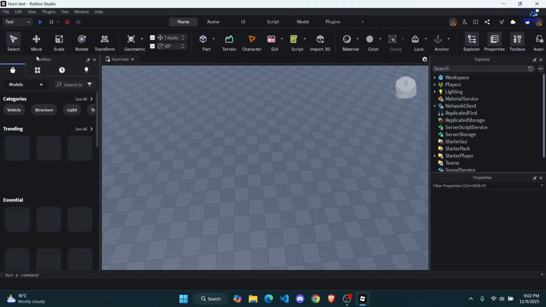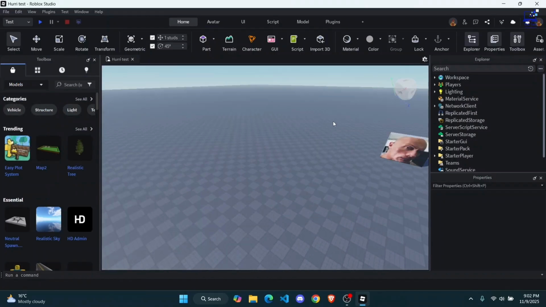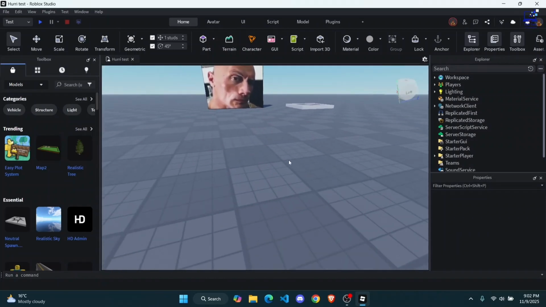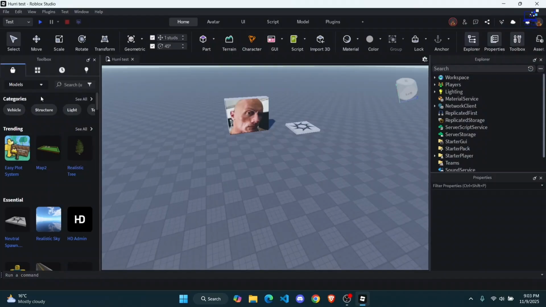You need to make sure that your toolbox is open on the left hand side of your screen. And from the drop down, make sure the models is selected. Then once you have selected this, as you can see, I have a normal base plate over here. So what I'm going to do is just go ahead and add an HD Admin. Once you've selected models from here, click on the search bar and search for HD Admin. Tap on it